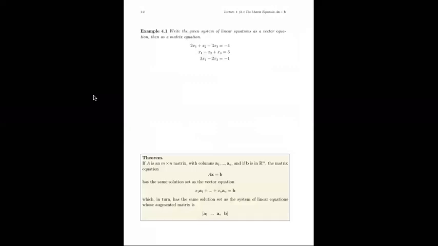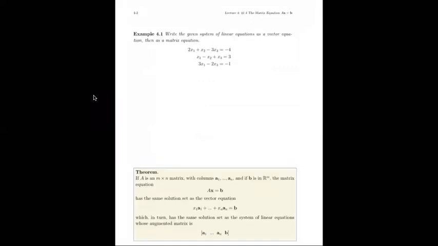So our first example is to write the given system of linear equations as a vector equation, then as a matrix equation. So we're just going to transform a system of linear equations into first a vector equation, then as a matrix equation. So remember the vector equation looks like we have x1 times the vector of its coefficients, x2 times the vector of its coefficients, and x3 times the vector of its coefficients. And that's all equal to the right-hand side, or the vector of the right-hand side. So our solution here is that our vector equation